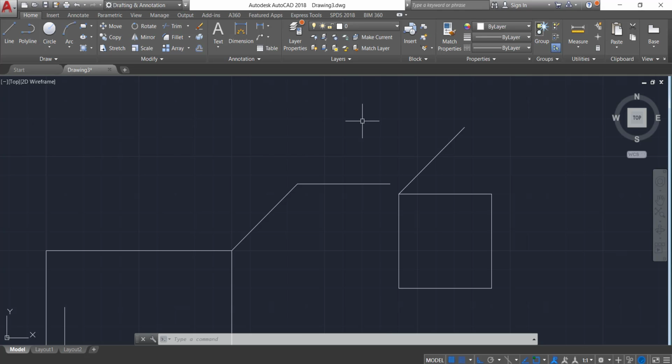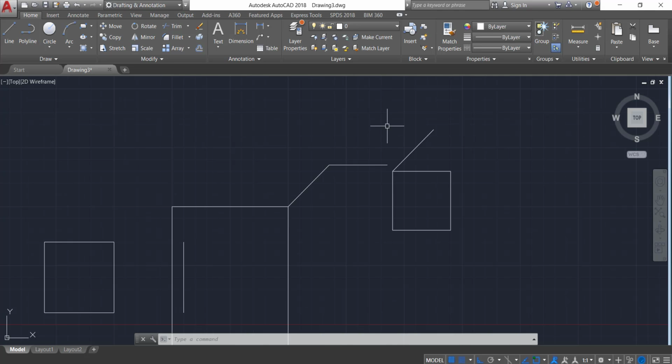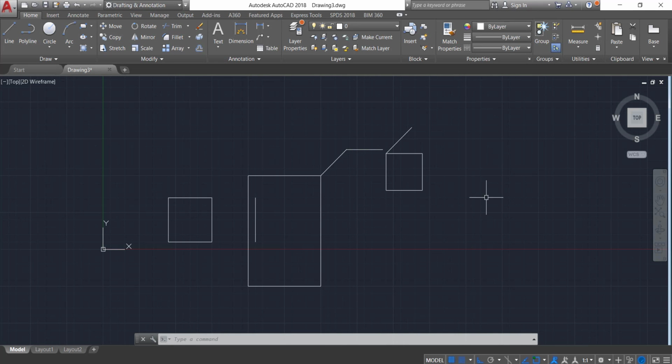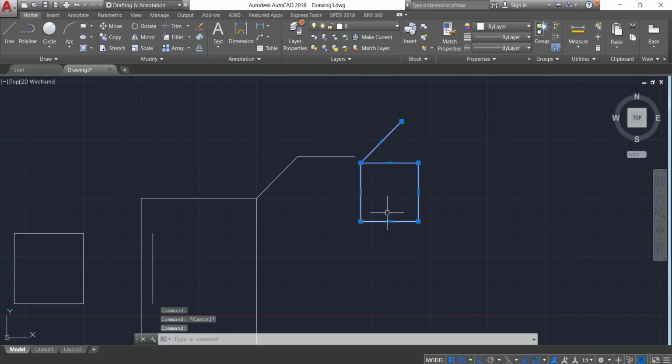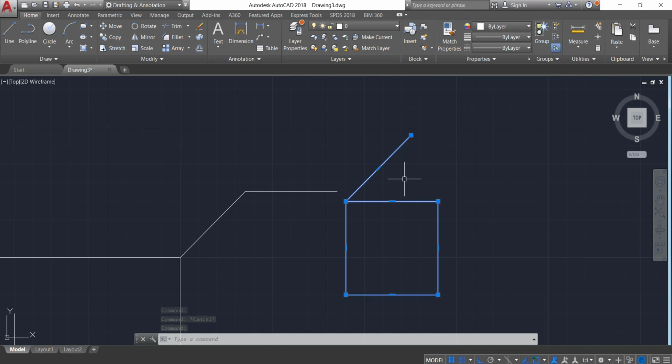Now the question is, what is the difference between the line and polyline commands? Here you can see the two different objects that we have created with the help of line and polyline. If you move your cursor over the line objects, you can see they behave individually, but if you move your cursor over the polyline, it behaves as a group. So that's the difference between the line and polyline commands.